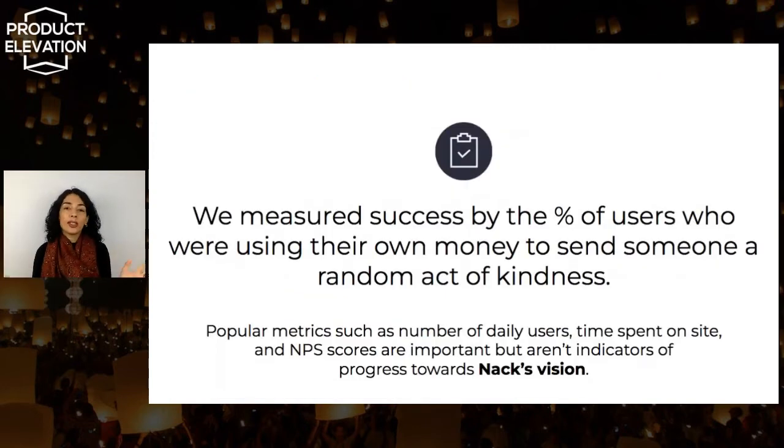The way we measured success then was by the percentage of users who were using their own money to spread kindness. And what we found was, at the beginning, I told you it was zero. Nobody was spending their own money. But by the time we had tried this first experiment without any further optimization, even 27% of users who had gotten this free coffee that they learned to gift with, they were now using their own money to spread random acts of coffee. Our experiment was working.